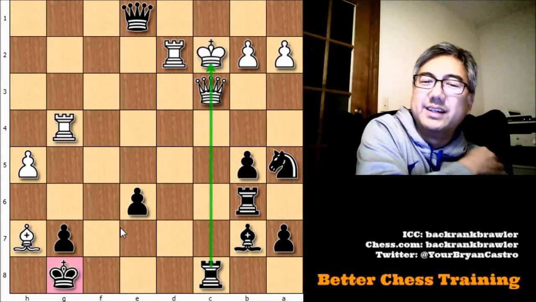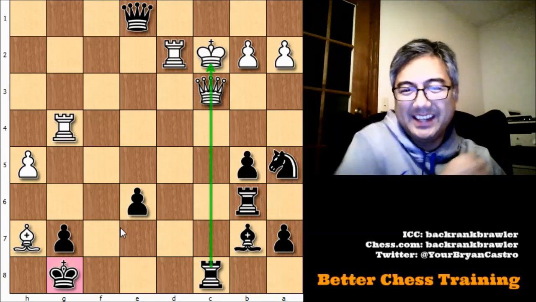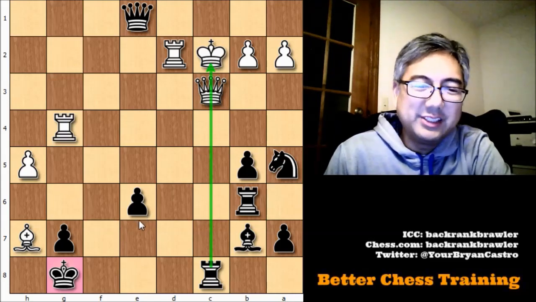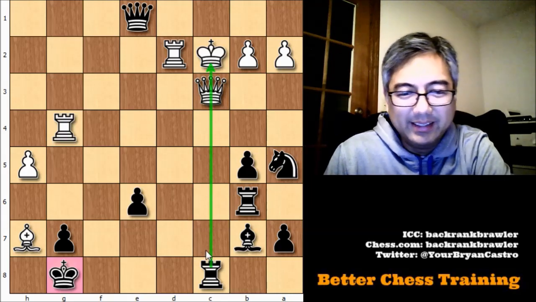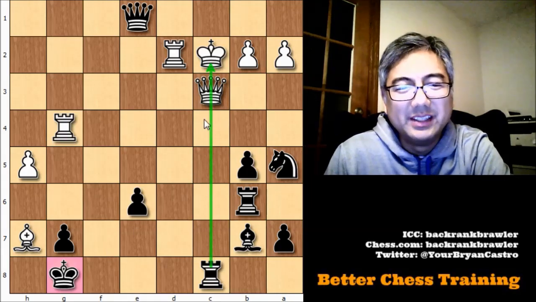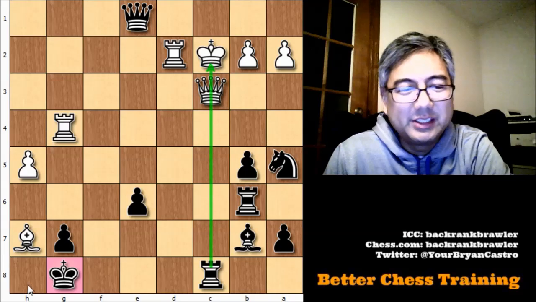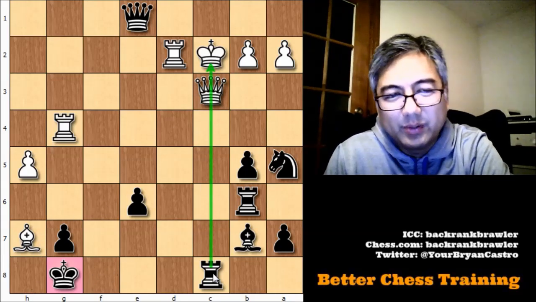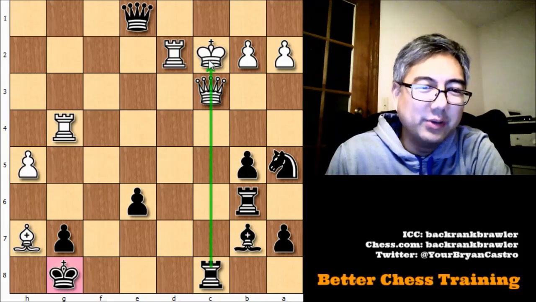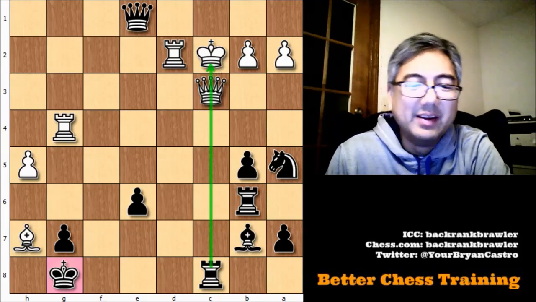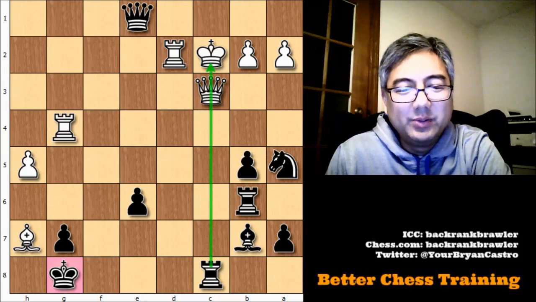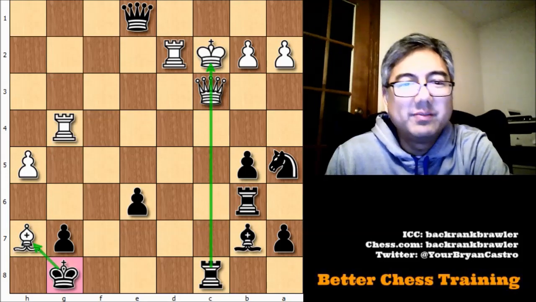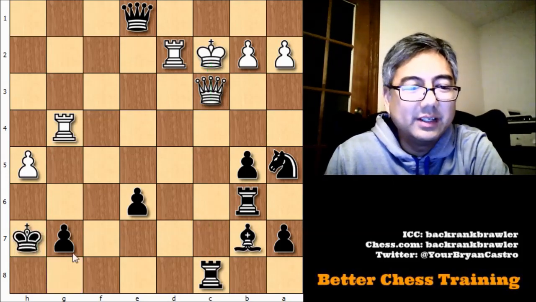So that would be something to make sure you notice, and doing lots of checkmate problems helps you do that. If you do a lot of these tactics problems, you may have considered these other moves where you don't take the bishop because of that mate. But if you were able to notice that, then you don't have to worry about it. Anyways, if you take a look at king takes h7, that move,